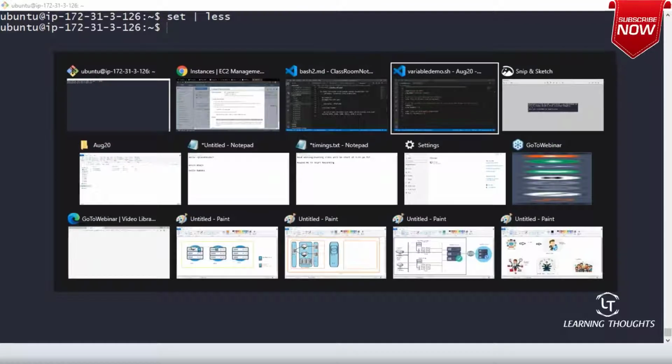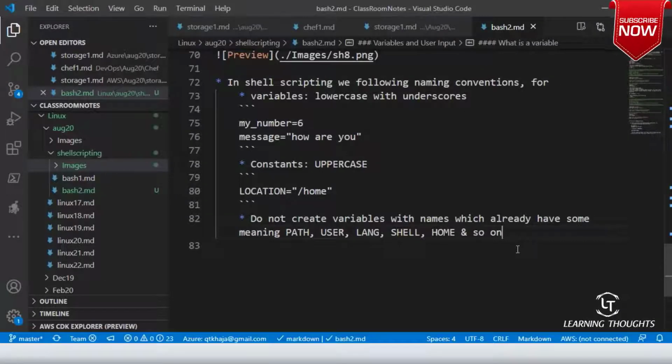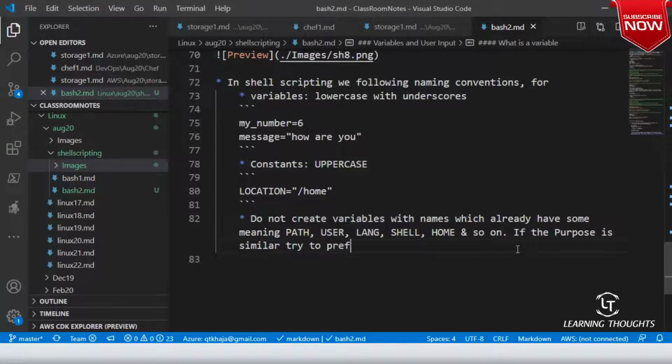Rather, if the purpose is similar, try to prefix script underscore to the variable. For example, in your shell script, if you want to use a variable called path, don't use a variable called path.